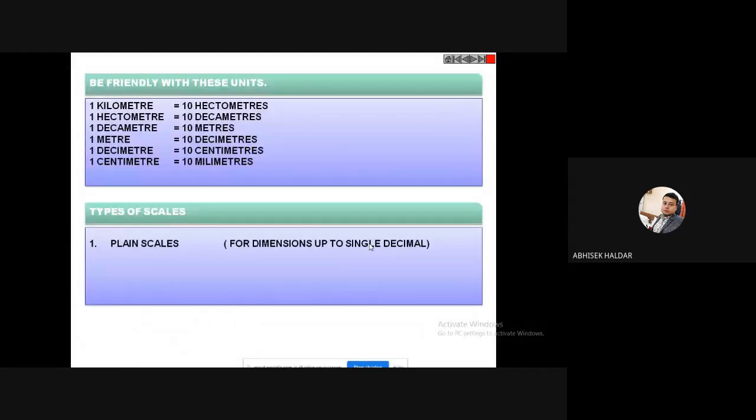But if I ask you to measure 5.25 or 5.23 centimeter, can you measure by your scale? No, sir. Obviously no. So for that I need some special type of scale. That may be a diagonal scale. Okay, diagonal scale, we'll learn how to construct a diagonal scale.